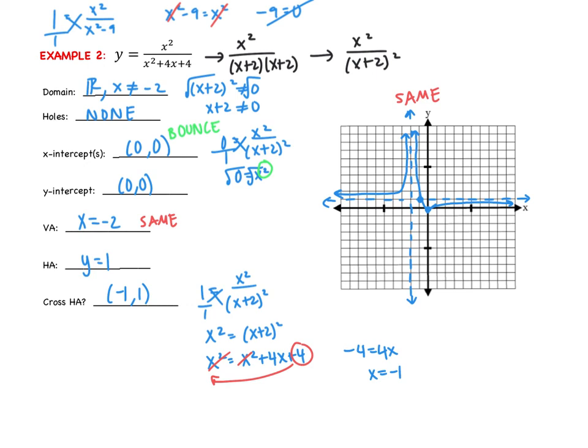So if the horizontal asymptote crossing was at -1, 2, you'd be able to cross the HA twice? If there was more than one point, you could cross it however many points you come up with. Okay. So what might end up happening is when you solve this equation, you might end up with a quadratic instead. Like x squared equals 4. Yeah. That would have two solutions. Two solutions for x would give you two different